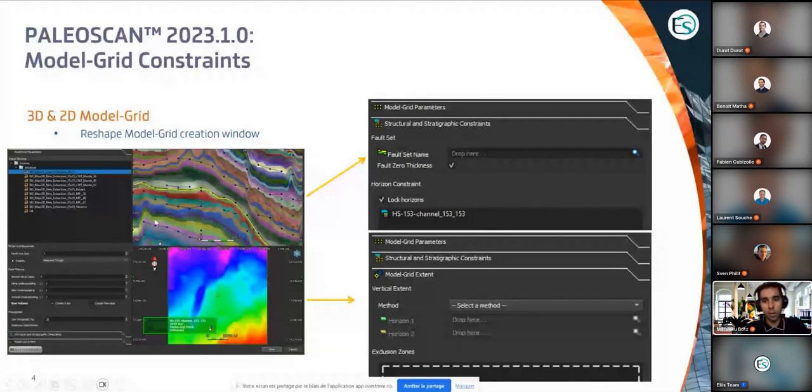And we now have a tab for the structural and stratigraphic constraint where you can input your faults and your horizons. I will come back to that just after. And one tab for the model grid extent, to compute the model grid only in a small vertical extent between two horizons or between Z limits, to reduce the size of your grid, and also include some extrusion zones using 3D objects, multi-Z objects, layers, or